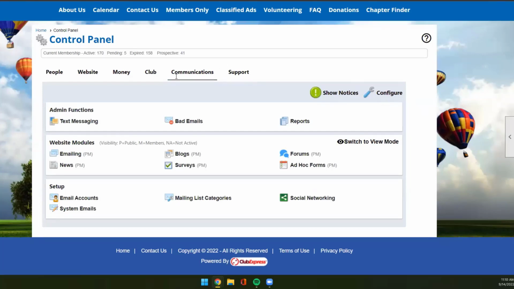I am currently in my communications tab, and communications is where everything email related is going to be. At the very bottom, we have email accounts, we have system emails, we also have some additional options. And then in that website module section is where you're going to see blast emailing. Again, we aren't covering blast emailing today. We are focusing on the system emails, which are located in the setup section of the communications tab in your